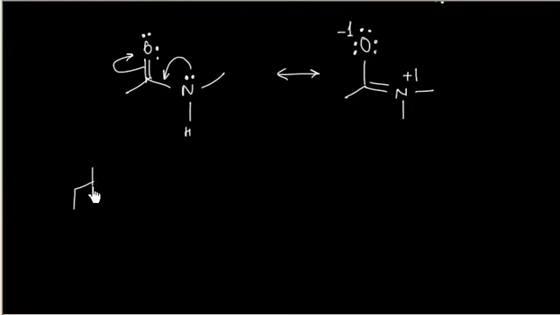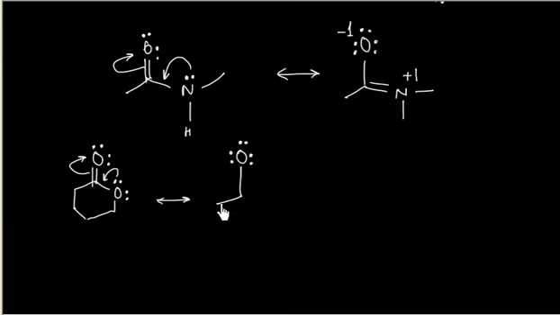Now let us write the resonating structure for this molecule. The idea is again the same. We have a lone pair adjacent to a double bond. So this goes here, this goes here. And here I have oxygen, and there will be a double bond. Now this oxygen will contain a +1 formal charge and this will contain a -1 formal charge.